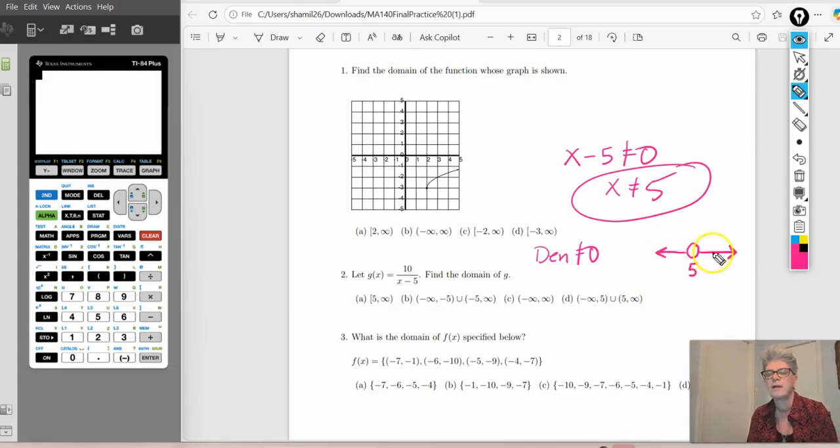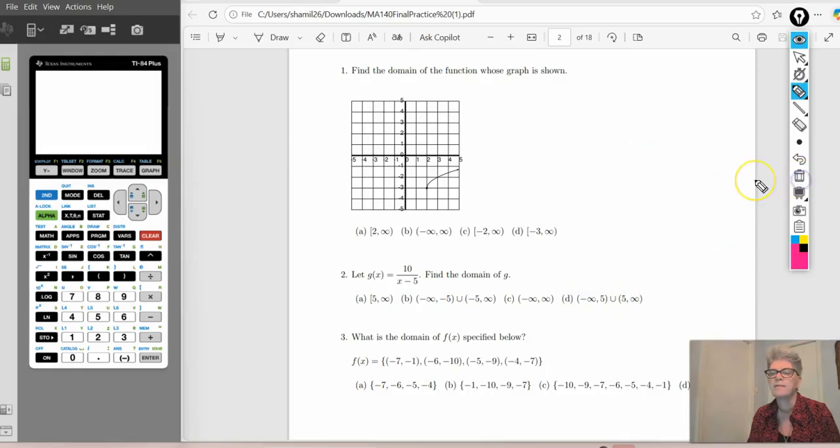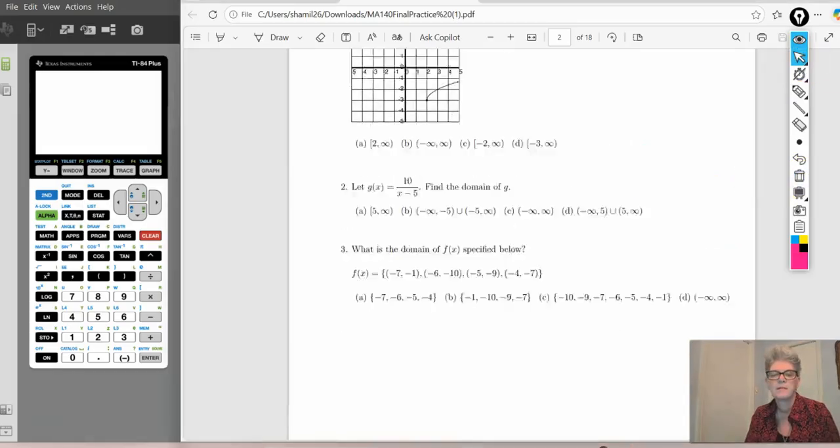Now read that number line off from left to right. So from left to right, I'm coming in from negative infinity all the way up to, but not including 5. So I have to jump over 5. So I have a parenthesis because 5 is not included. And then after we get around 5, we just keep going forever. So that's the answer I need. And that's what we've got for number 2. Number 2 is D. Okay. All right, so now